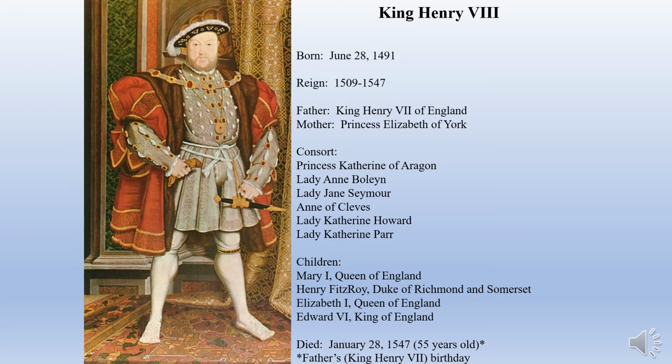Now, Henry Fitzroy, the Duke of Richmond and Somerset, he is actually an illegitimate child who was fathered prior to the other 3, and his father loved him so much that he actually did legitimize him and made him a royal duke, which was very rare for medieval and early modern Europe. If you had a child out of wedlock, they were considered illegitimate. They were not part of your inheritance. Henry Fitzroy, he will be the Duke of Richmond and Somerset.